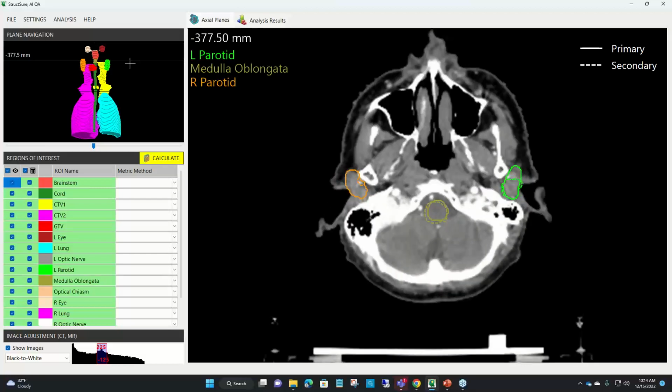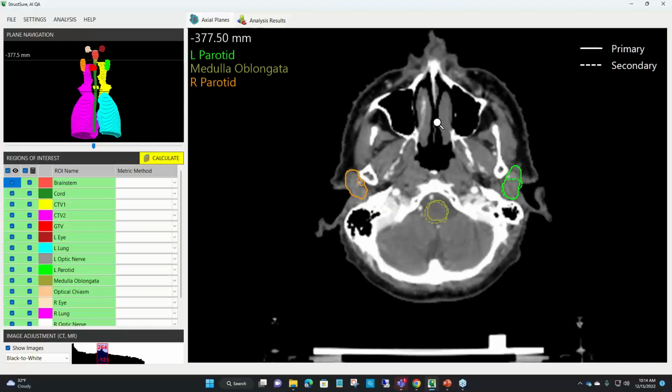This region of interest box here, these are all of the regions of interest that it found that were common between the two structure sets. Okay, so here they all are. Here is your basic image adjustment piece, window leveling, if you will. You can play with that to your heart's content.